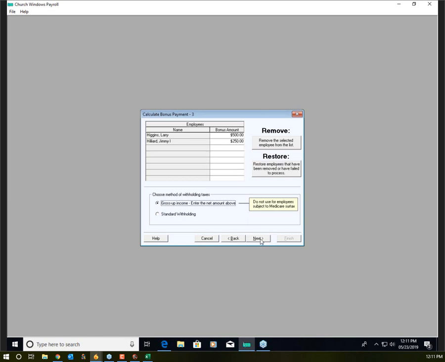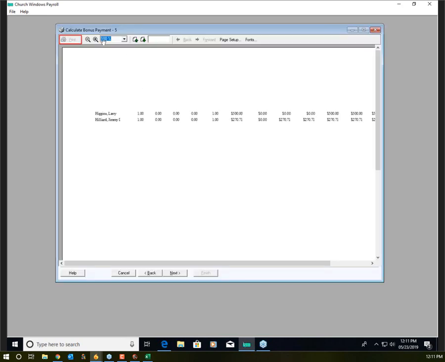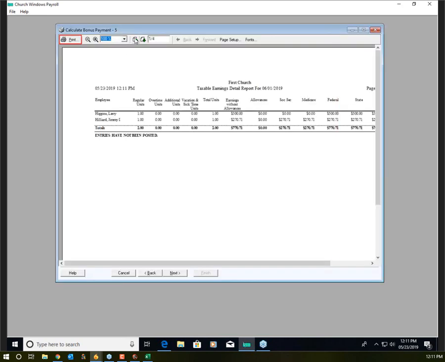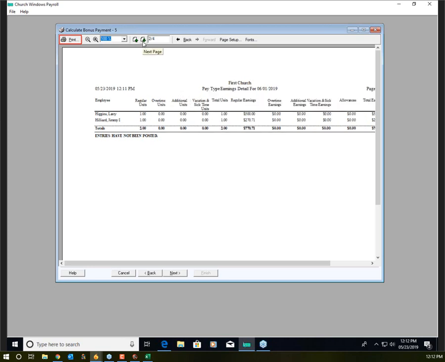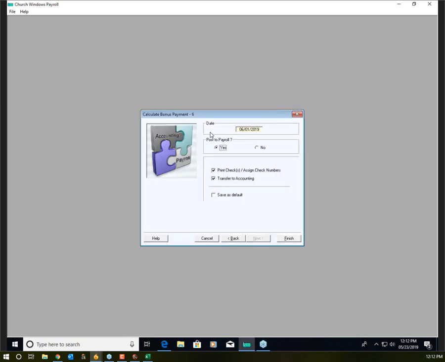So if we leave the gross up option, we're good with that. We would go to next. You can print some pre-posting reports here by checking these if you wish. Go to next. It opens up a preview of the reports. Calculate bonus 5, 1 of 4 at the top here. Each one of these is a different report. We can send those to our printer. Then we click next and it takes us to our calculate bonus